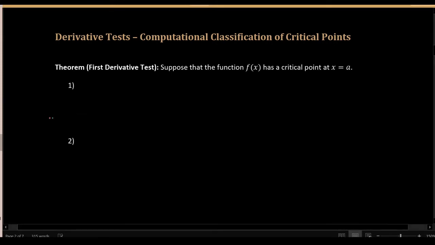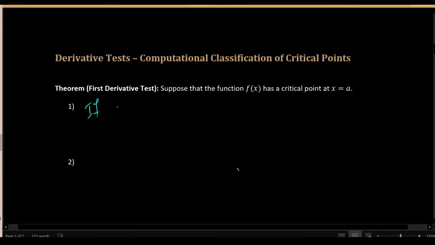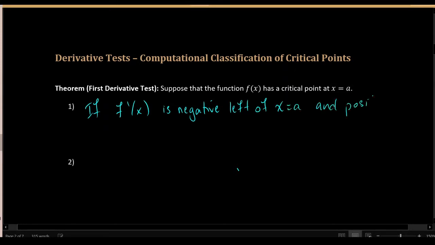The idea of the first derivative test is to check out what's going on with the first derivative of f of x in the vicinity of x equals a. So if you take the derivative of f of x, f prime, if this is negative left of a and positive to the right of a,